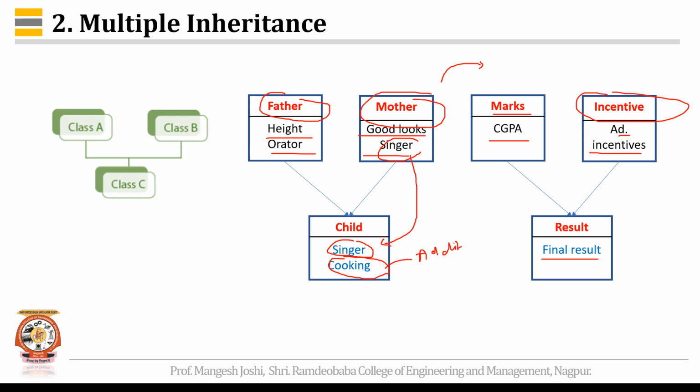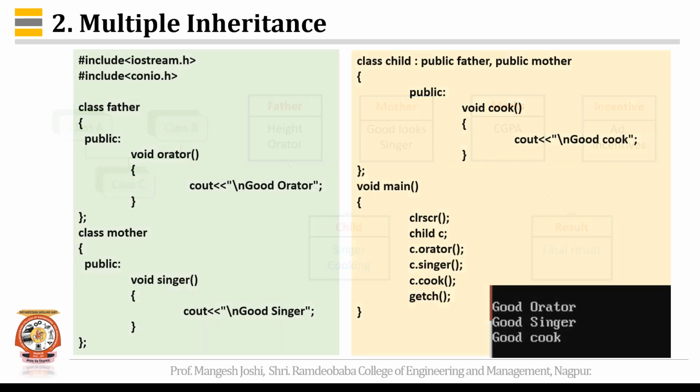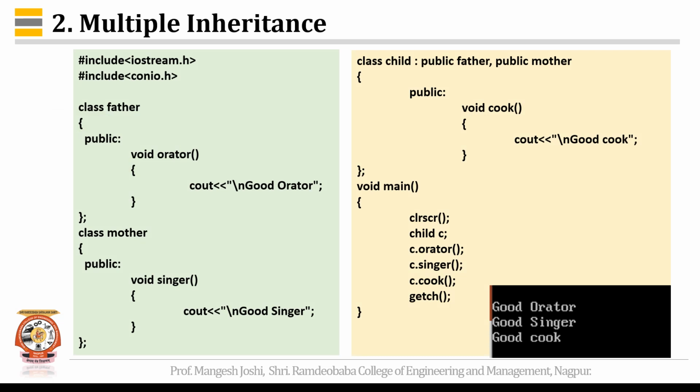This is the example of multiple inheritance. The same is coded over here. Necessary files are included. Class father is created, right? So one function is there, orator,